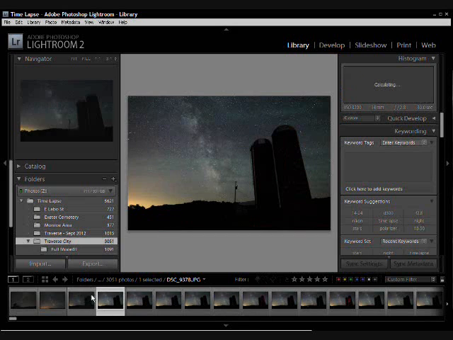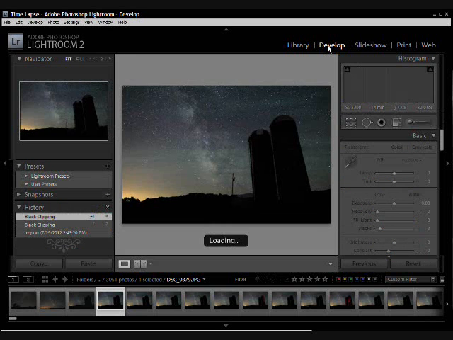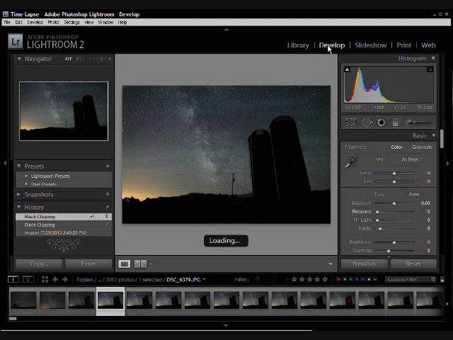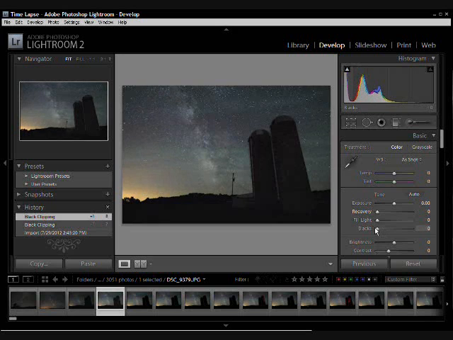So just to give you an idea how you could do that in Lightroom, there's a bunch of different software available out there, and you may have a different workflow. This is just showing you my workflow, so keep that in mind. There may be things that will work better for you, better for the equipment that you have, and all that. But here you can see in the history, I've actually already done some minor adjustments to the black clipping. So if I was to adjust it some more, let's say,